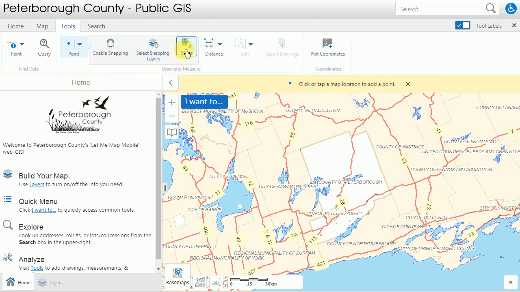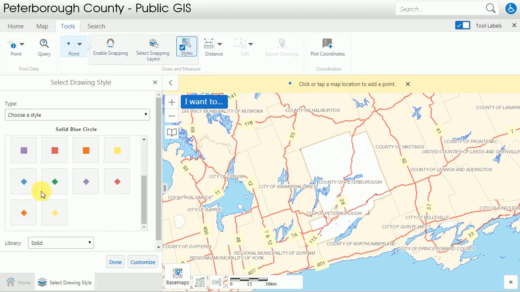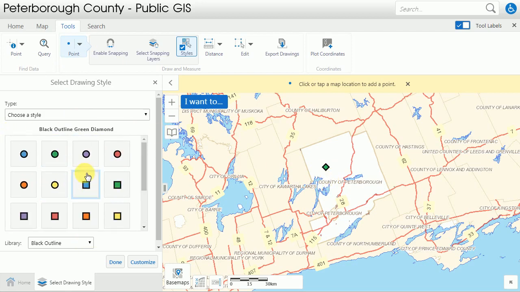You get to change the way that things show up by clicking on the Styles button here. And Styles will give you some defaults out of the box. There's also a library here, so you can change the sort of options that are available. And this happens regardless of which sort of drawing tool you're choosing. So if I want to place a green dot, I can do that. If I want a purple,